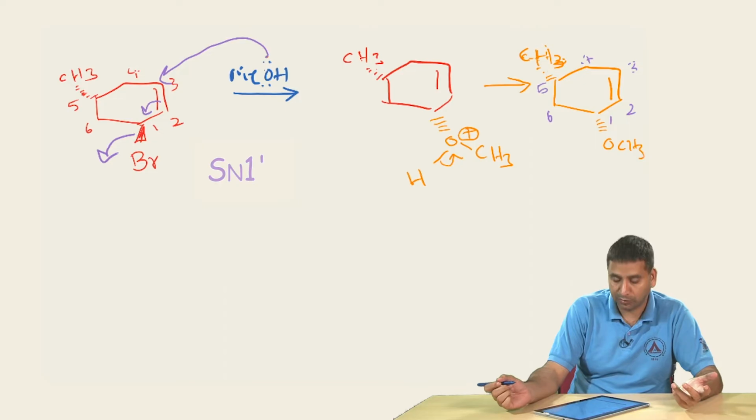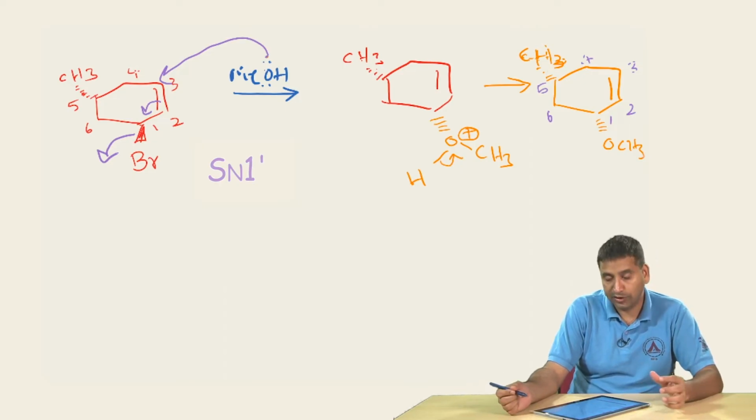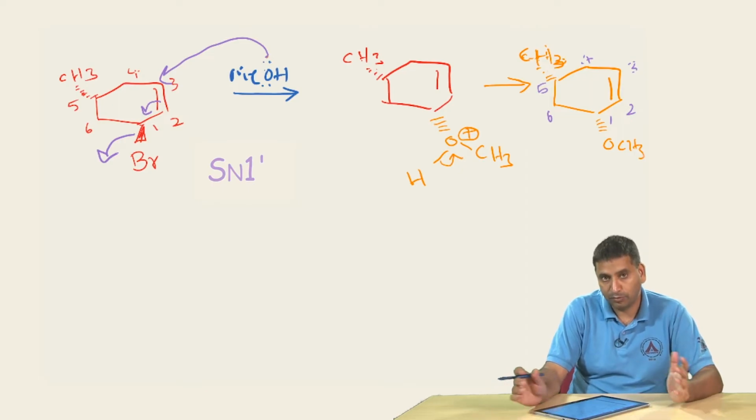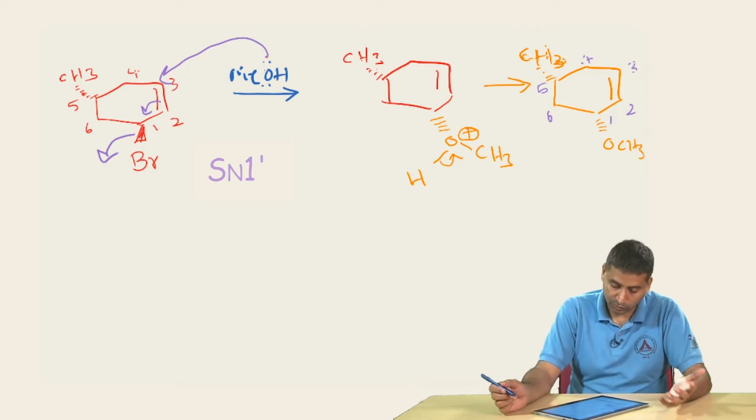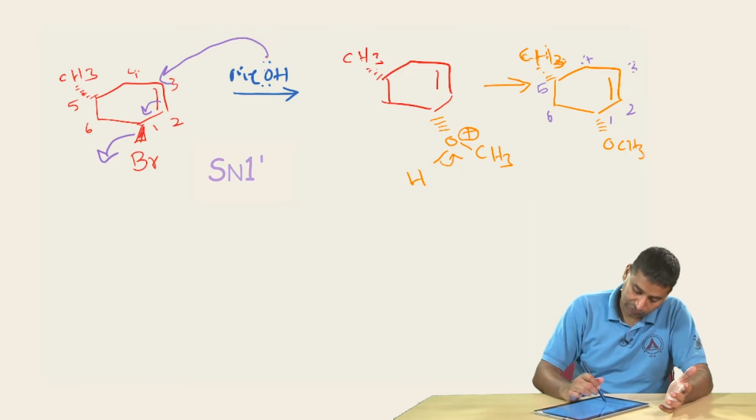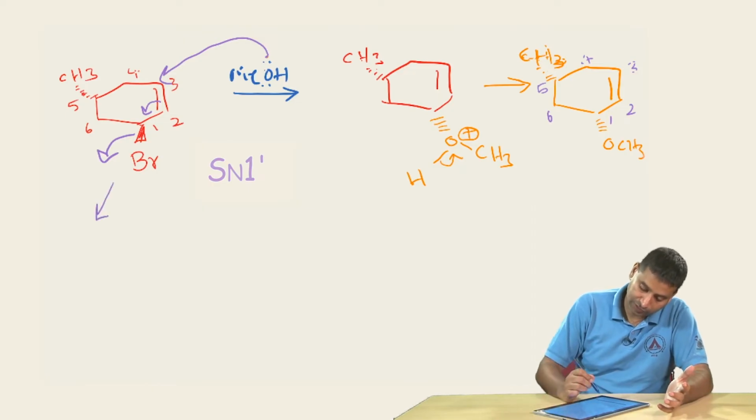Okay. So, this is one other possibility, and here you can think about two possibilities, that is the methanol can attack from the top or from the bottom, and this would be an equivalent attack. I would not think that there would be much difference between these two attacks. So, this is going to give you basically two products,